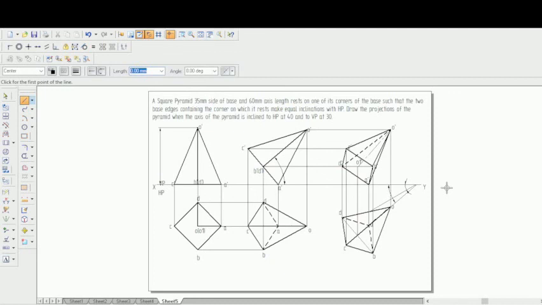Hello all, welcome to this class on projection of solids. And in this class, let's solve the first problem in pyramids. So far we